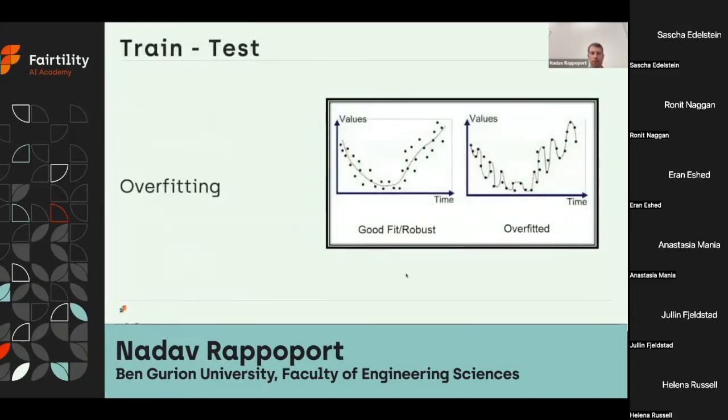In machine learning, we are concerned about a scenario where the algorithm will learn something that is too specific to the training data it used, and therefore the performance we estimate will be over-optimistic. This phenomenon is called overfitting. In the right plot, you can see a regression model that has a very low error, and it passed through all samples. But actually, it looks like an overfit, and a better model will be the regression line on the left.